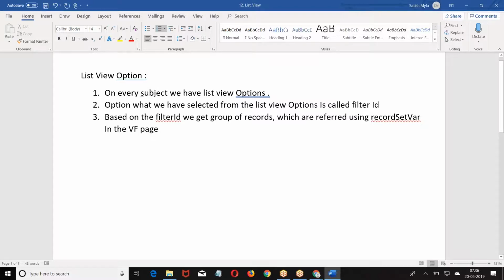On every S object, we have list view options, right? The option which we have selected from the list view option is called filter ID. Based on the filter ID, we get a group of records which are referred using record set where in the VF page.